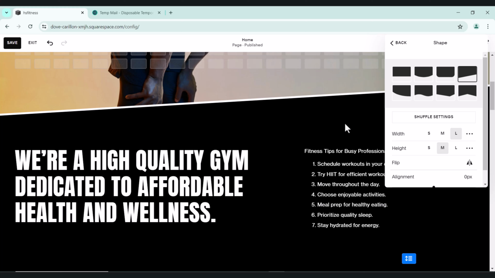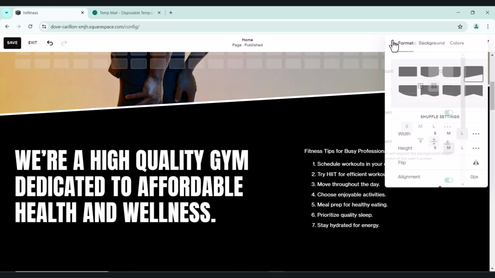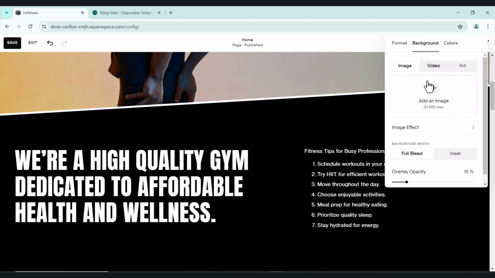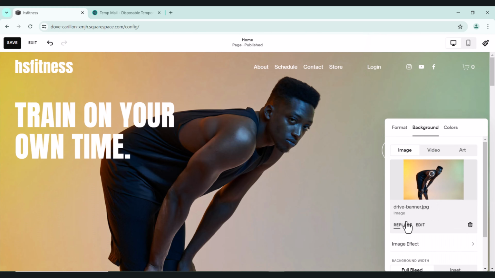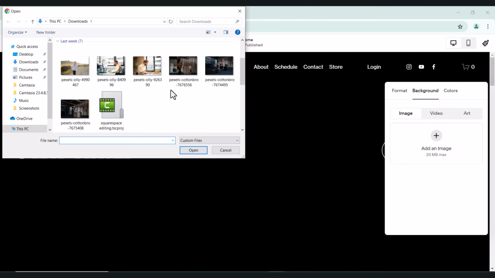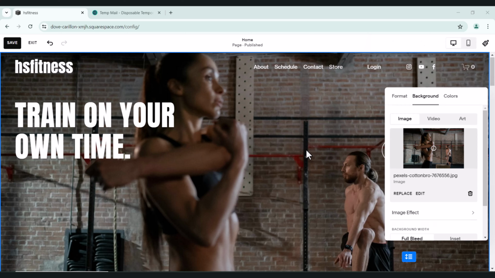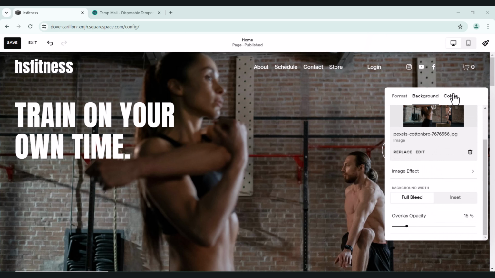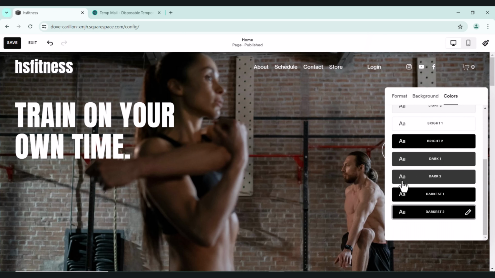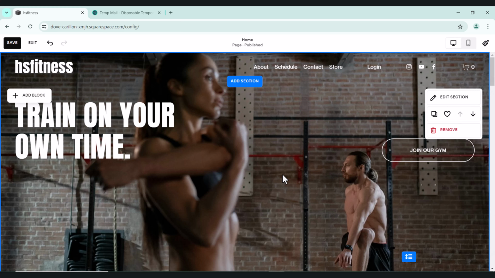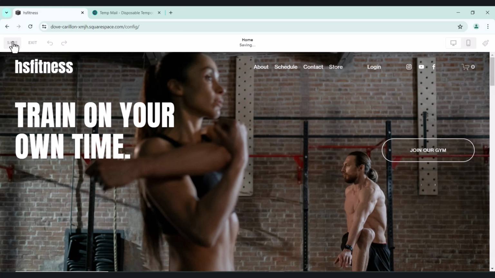I like it. And click back, and after that click on the background, and from here you can replace the background. Click on upload file, and from here I will upload my own background. As you see, this is the background, and you can change the colors as well. Click back, and the last step what you need to do is to click on save on the left top corner,